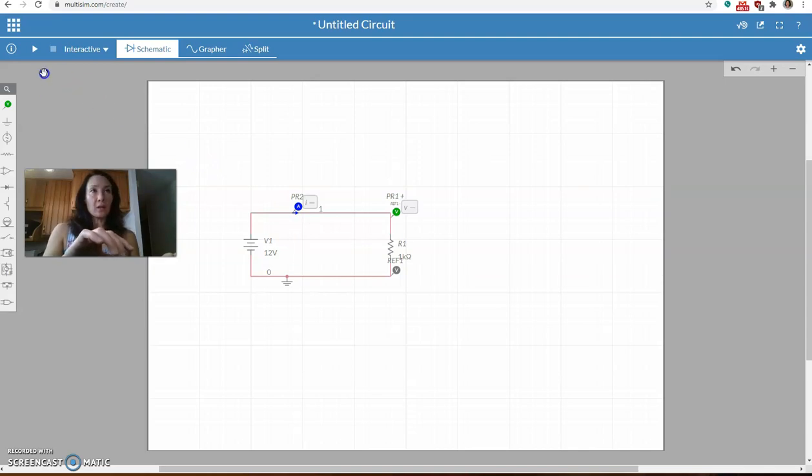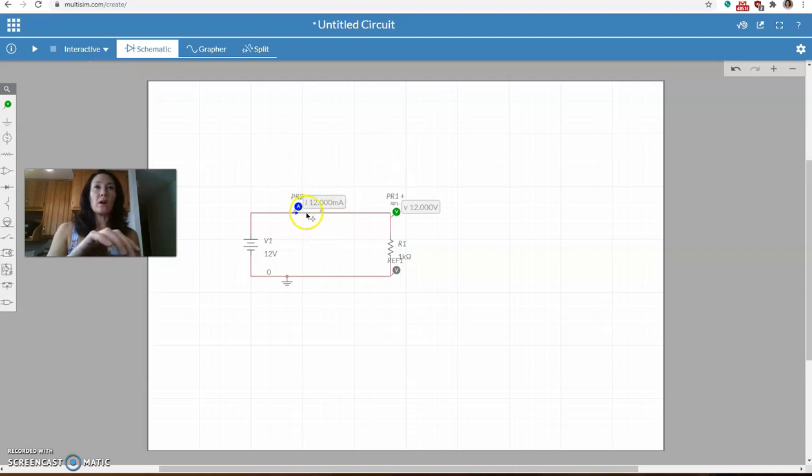To do that, you go up here to the top left, there's a play button. If I click that one time, that's going to run my simulation. I don't have to run this for very long because I'm just providing a constant voltage source. I'm not going to have any oscillations or any transients that I have to worry about leveling off. So I stopped my simulation by pressing this stop button,